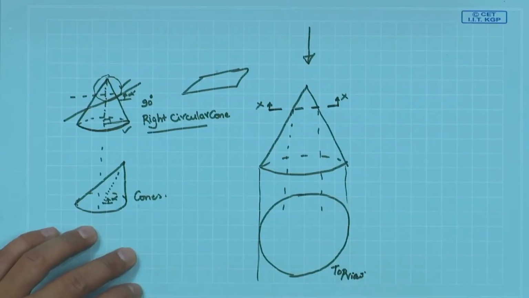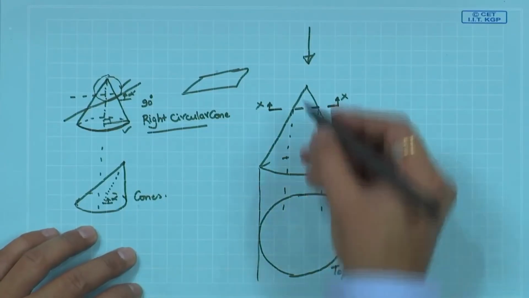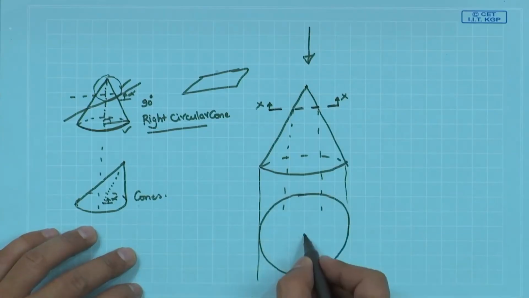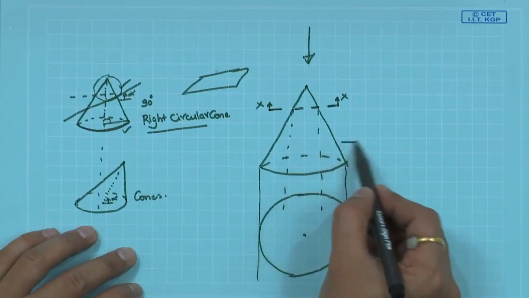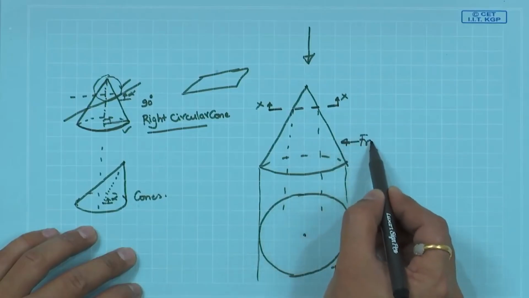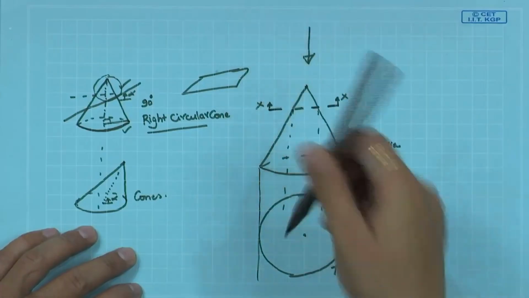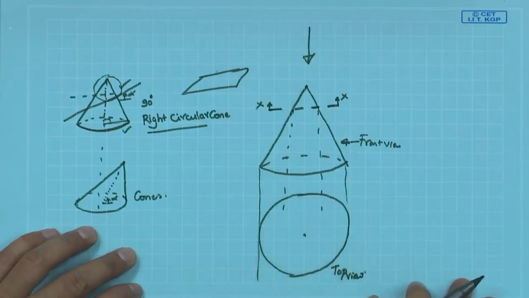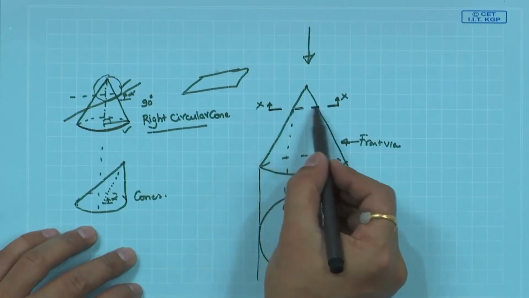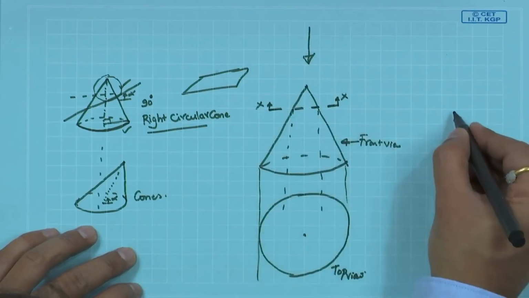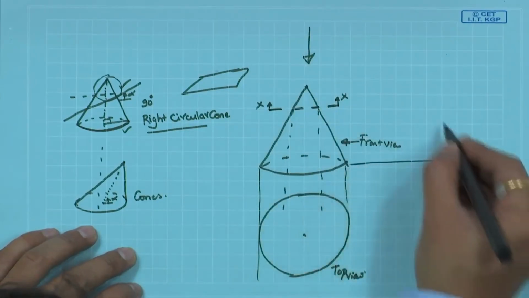We will learn more about these views in later parts of the sections, and this point tip we will see something like that. This is what we call the front view. From the front side we are looking, and if we are looking at a cone from the top, it might look like a circle. So, let us take a section XX, slice it, remove this top portion,